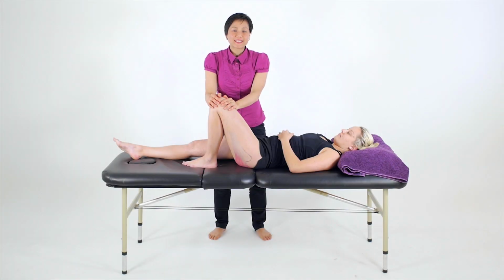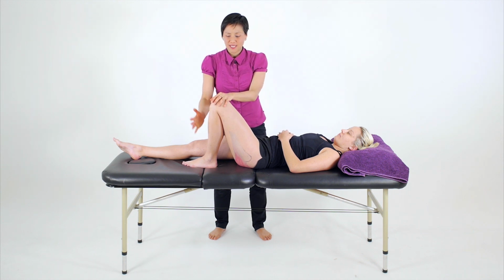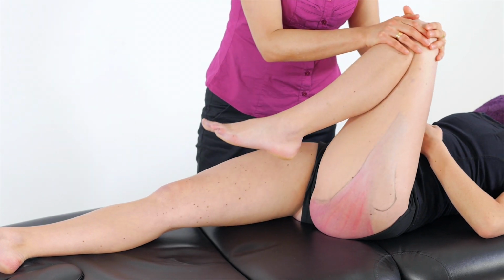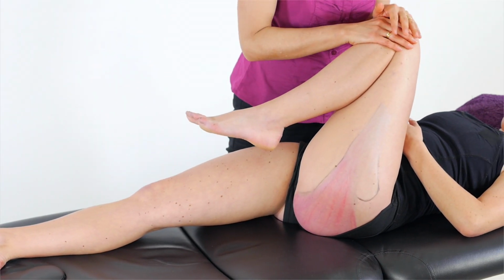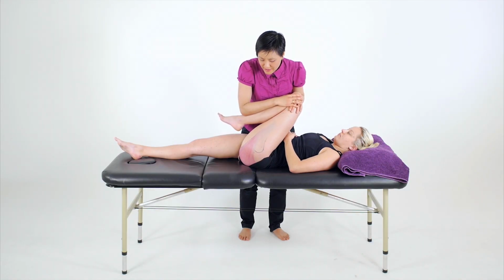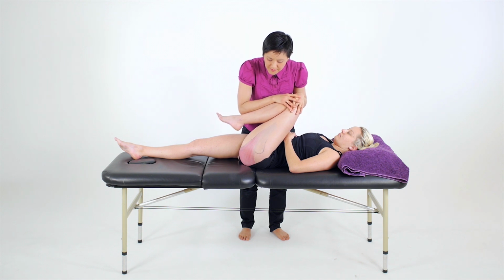To assess for the length of the gluteus maximus, what we'll do is position our client in a supine position and bend their knees up. And from here we're going to flex the hip by taking the knee to the chest and in towards the midline. The gluteus maximus also mildly externally rotates the hip here, so we can address some of the fibers by